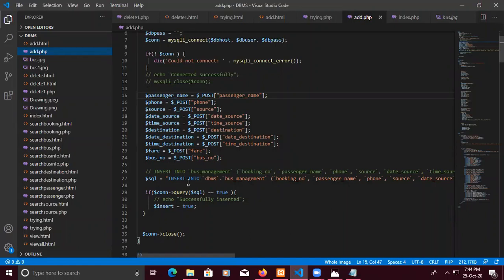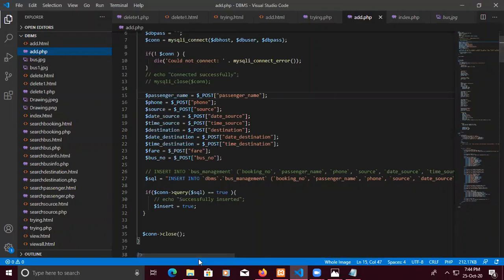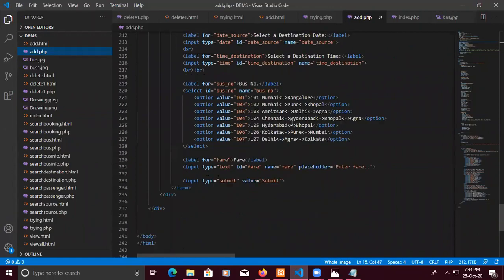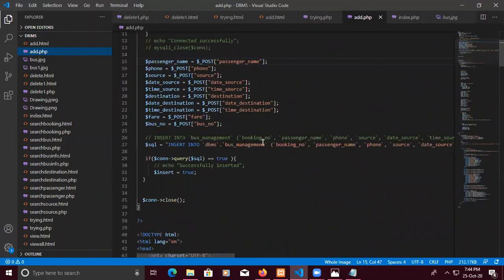These statements are used for updating. The SQL statement will be executed, and the whole thing would be updated here in the view section.